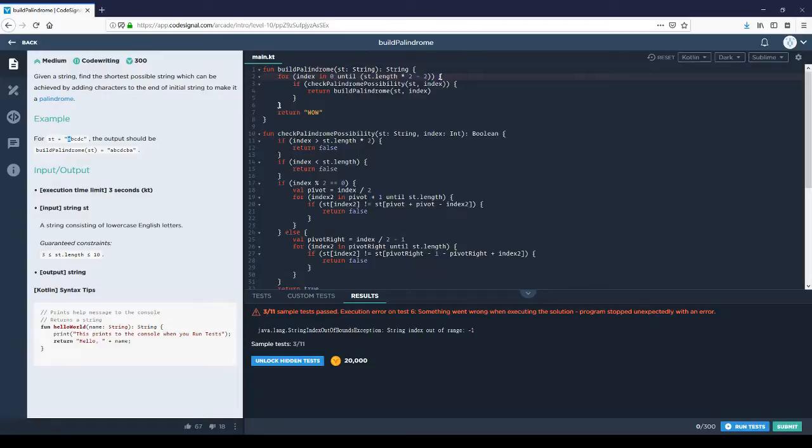And yeah, so check palindrome possibility. We start from, so if index is larger than, which is never possible, we return false. But what if index is smaller than string.length, 0, 1? So